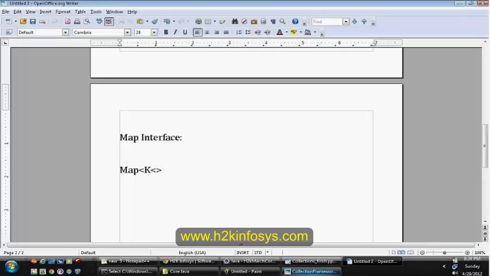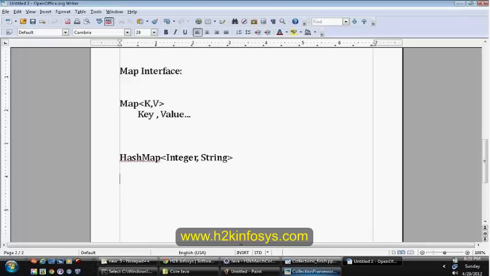Map consists of two generic parameters which are comma separated. The first one is the key and the next one is the corresponding value. So let us take an example. I want to create a HashMap of Integer comma String. I just want to store the data in terms of key value pairs, and my keys are like 1, 2, 3, 4, and I'll store the corresponding names like Steven,